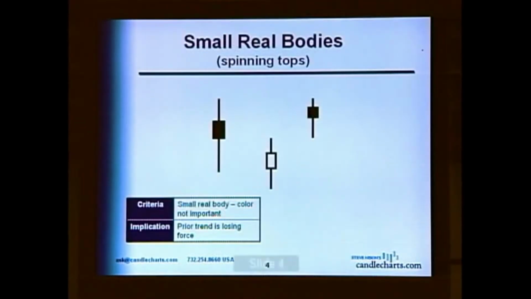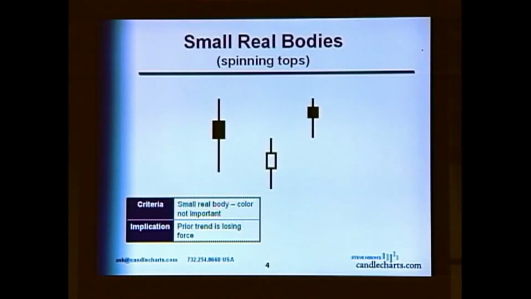Now, as the real body gets smaller and smaller, we wind up with what the Japanese call spinning tops. These are just small real bodies. And what's wonderful about the candlesticks is that they alert you to subtle changes in the markets, the supply-demand situation. So with the tall white candle, the bulls are in charge. A long black real body, the bears are in charge. As we get these diminutive real bodies, as shown here, it shows the market may be losing a little bit